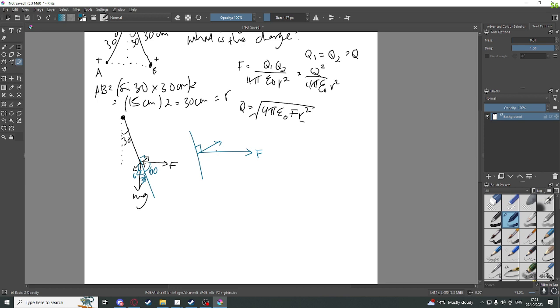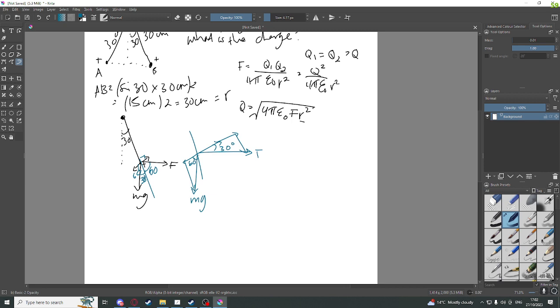Okay, so to draw this diagram again, 30°, mg. Okay, I'm gonna have to extend this to make it look like it's 90°. Okay, so if I have T here, and this is mg, and this angle here is 60°,